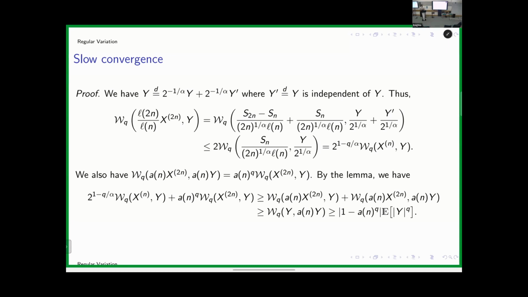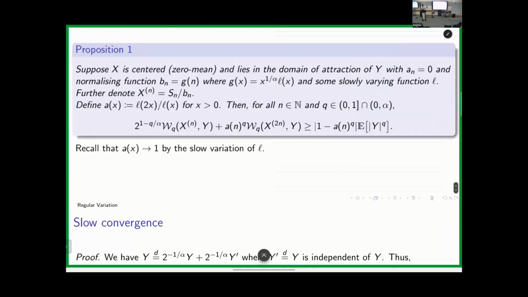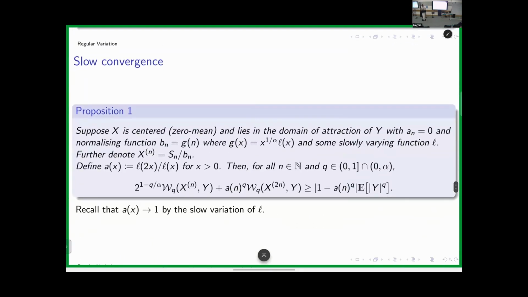Sure. You're using Q smaller than 1? Yes, yes. I didn't emphasize that enough, but here you see that Q is between 0 and 1. You can do Q larger than 1, but I would need to consider the possibility of having a root 1 over Q in the definition of the Wasserstein distance. So just to ease my life, I will consider this easier case, but you can treat all the cases. It doesn't much change. It's all very, very elementary.